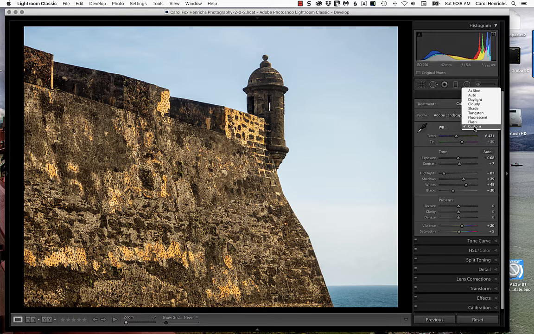Another way to change your white balance is in this area, and you can choose your white balance. These are similar to the settings that are available in your camera. As you can probably tell, this photo was taken when the sun was pretty high in the sky. So I could choose daylight,